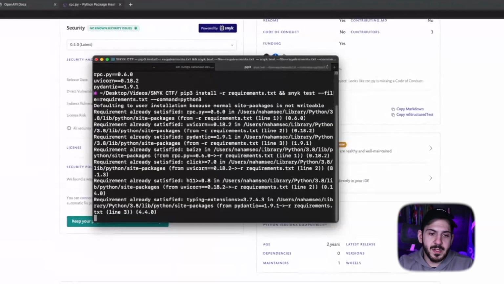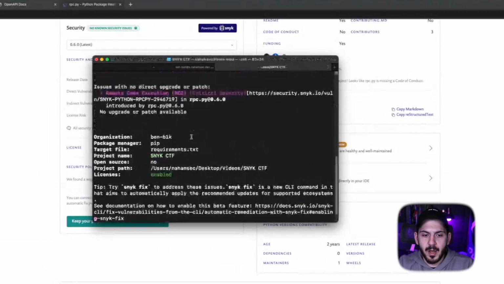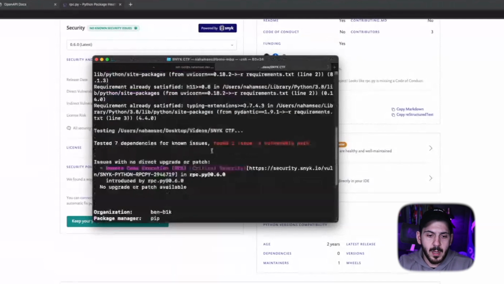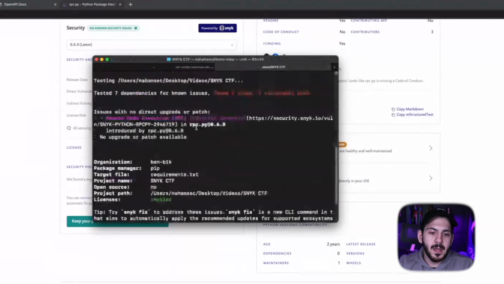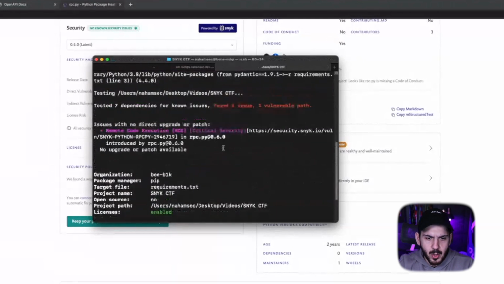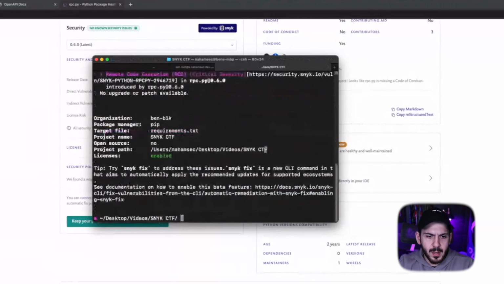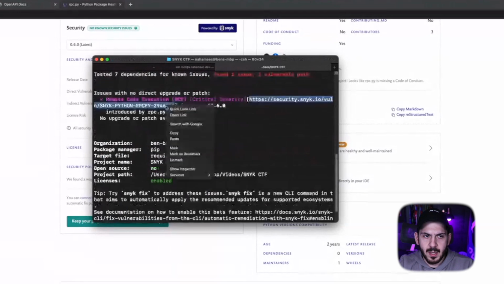And as we come back, we can see that there is one vulnerability coming back for rpc.py 0.6.0. And if we scroll down all the way here, it gives us some path. The license is enabled, my project name. But what I'm looking for here is a link to see it right here. It says security.snyk.io, and it gives us a link to